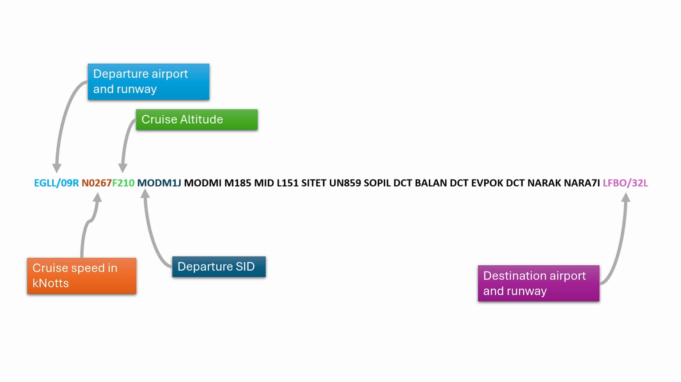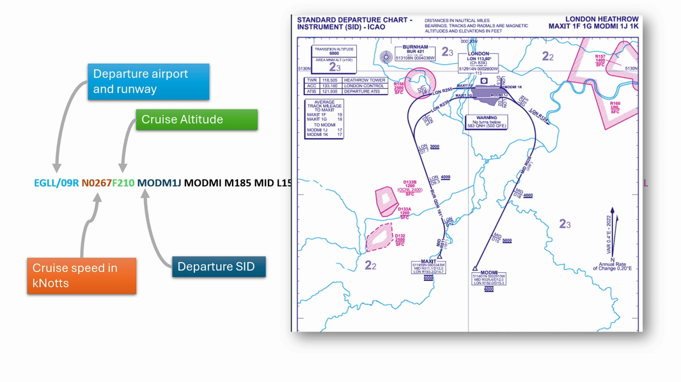Next part, immediately after that, is the departure SID from Heathrow. Now you can tell it's a SID because generally they end in a number and a letter code, which is usually the revision of that particular SID procedure. And we can see here on the charts that we've got available